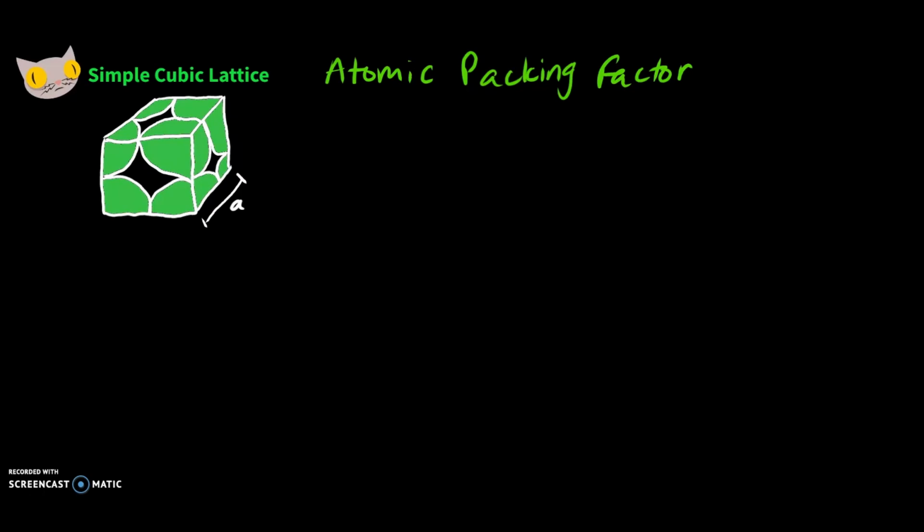So today we're going to find the atomic packing factor of a simple cubic lattice. First, we're going to find the number of atoms per unit cell in the cubic lattice. In this unit cell type, atoms are only present in the corners of the unit cell. Here each atom contributes 1/8 of its volume at each corner. Since there are 8 corners, we will multiply that by 8, and we will find that this adds up to